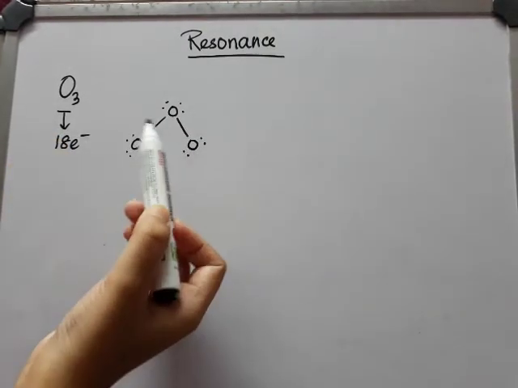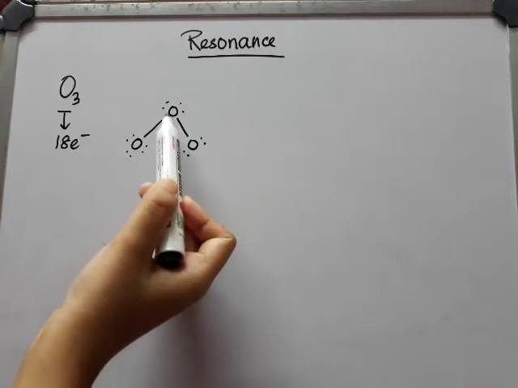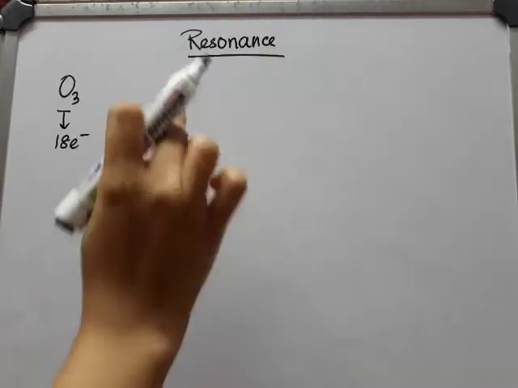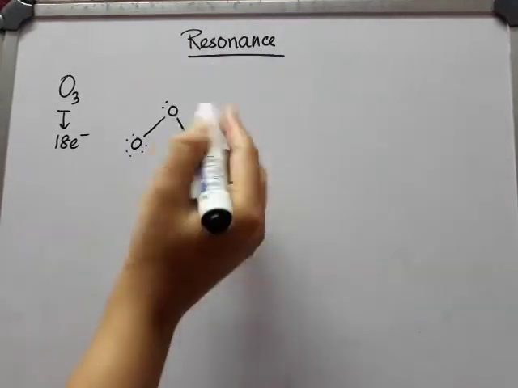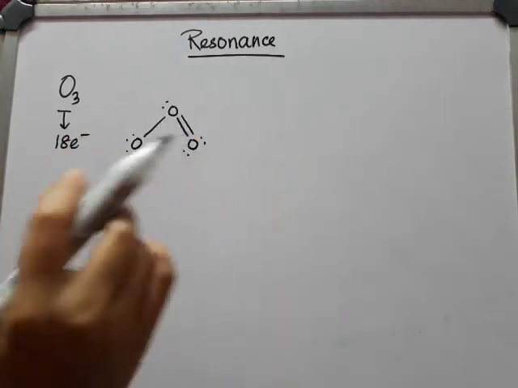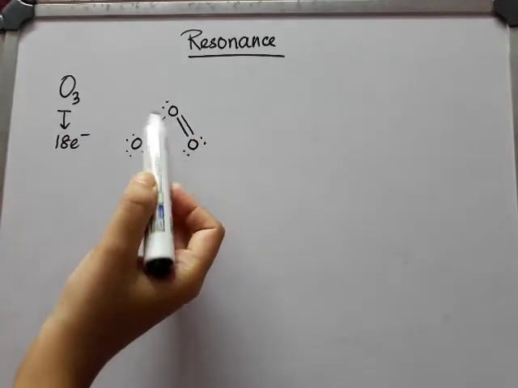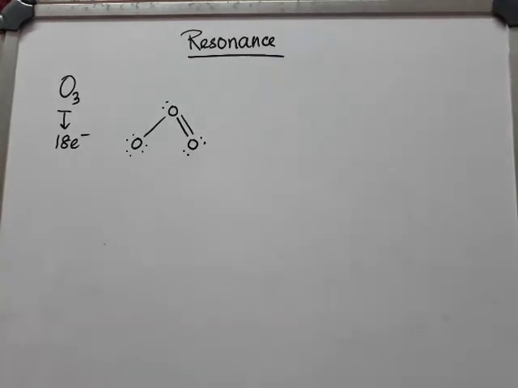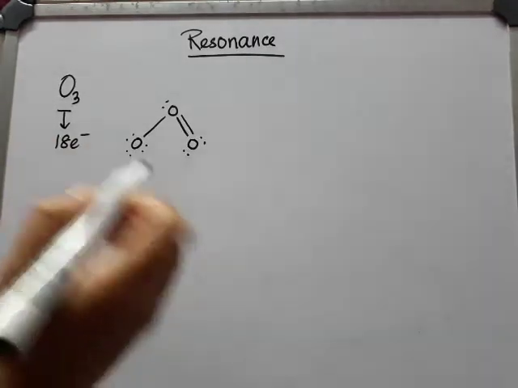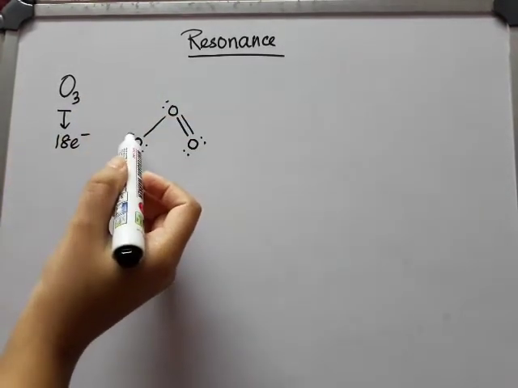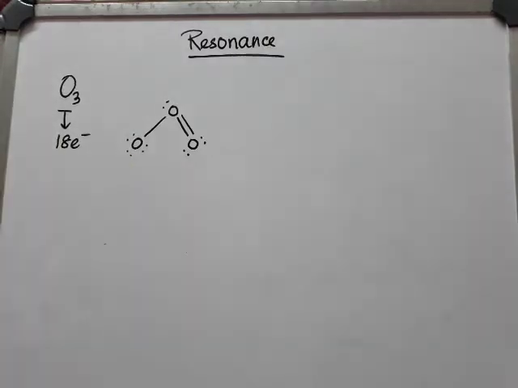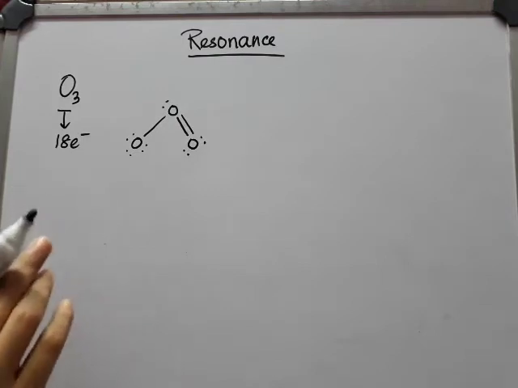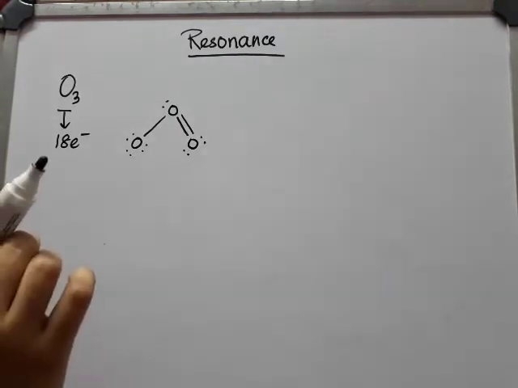Now the middle oxygen atom, that means the neighboring oxygen atom, will share 2 electrons with this terminal oxygen atom, and here we can have a double bond. Okay, but without affecting the octet of this middle one. And now the octet of this one is also fulfilled, and now we will calculate the formal charges. So here 1, 2, 3, 4, 5, 6, 7 electrons are there for this oxygen atom, and this is 1 excess than the valence electrons, right?